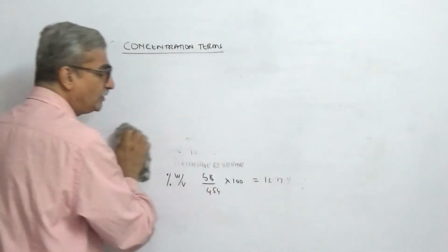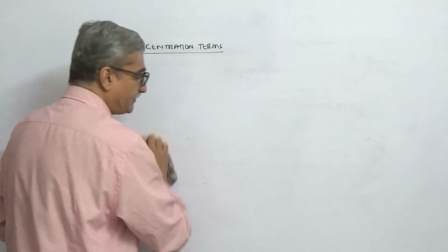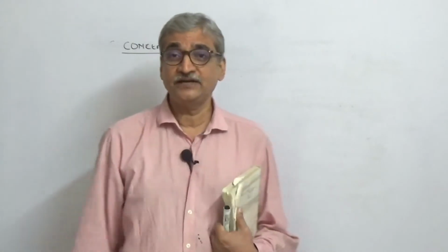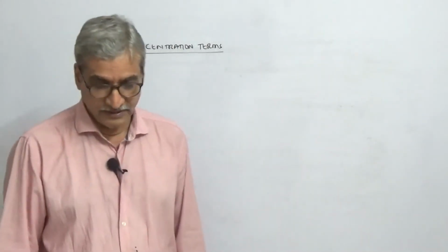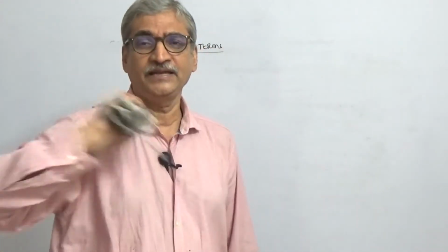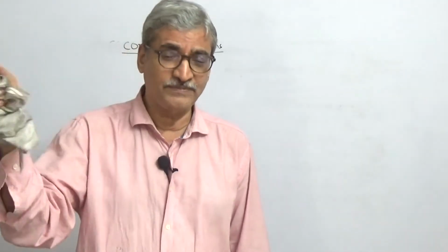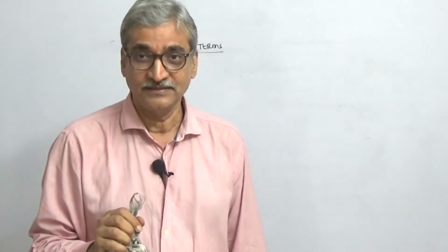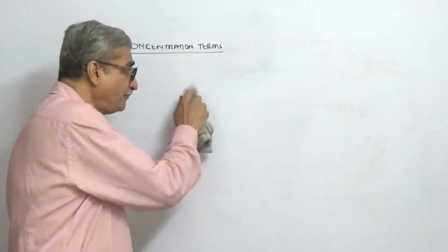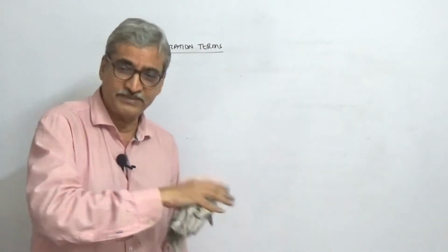I had taught mole fraction to you in the chapter on the gaseous state, where I had to talk about partial pressure. I told you the pressure of the air in this room is 1 atmosphere. But you will ask me, sir, what is the pressure due to oxygen? So I had told you, partial pressure of oxygen is total pressure multiplied by mole fraction. Remember that? X of oxygen. So we are coming back to the same point, though that is not different from what I am teaching today.